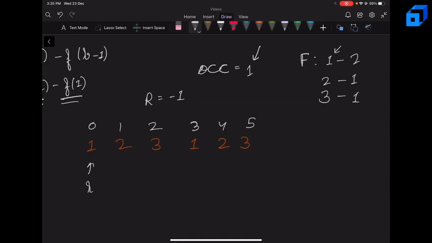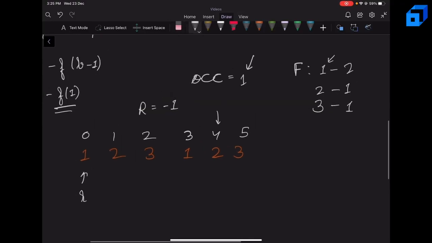Now again we can increment our right pointer, because it will make the frequency of 2 equal to 2 and increment the number of occurrences to 2. So we can have 2 special elements. So it is fine to increment the right pointer. Now the frequency of 2 will be 2 and the number of occurrences will be 2. But now notice that we cannot increment our right pointer further, because if we do, the frequency of 3 will be 2 and the number of occurrences will be 3. And we know that the number of occurrences cannot exceed 2. So this is the maximum right value which we can get.